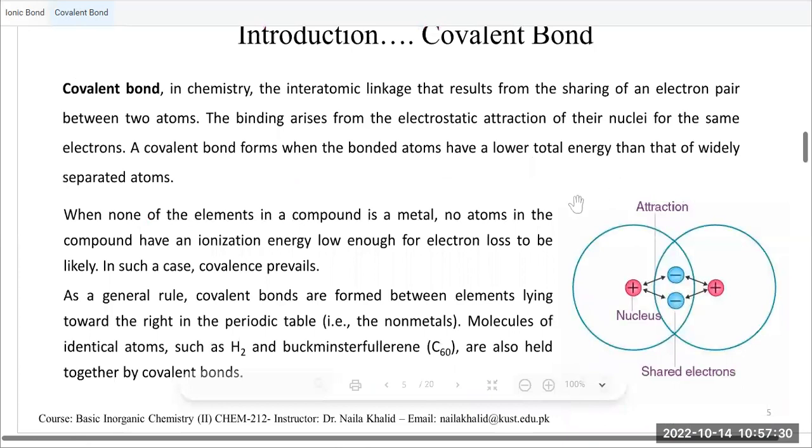So you can say that a covalent bond is formed by the sharing of an electron from one atom with an electron from another atom. They are at a certain distance, forming a bond distance, a force that holds these two atoms together. This covalent bond is formed between elements,